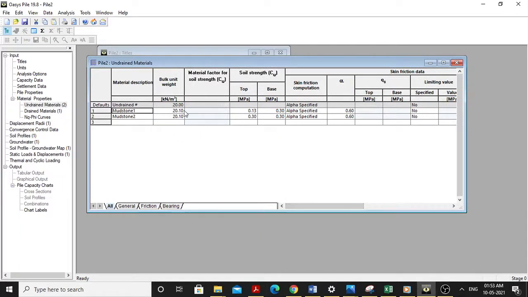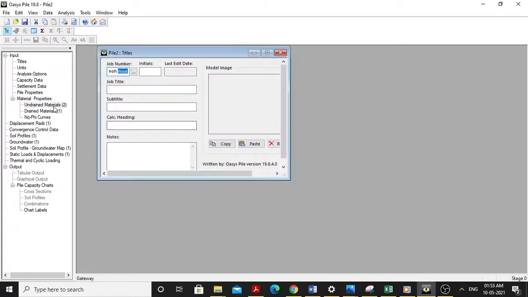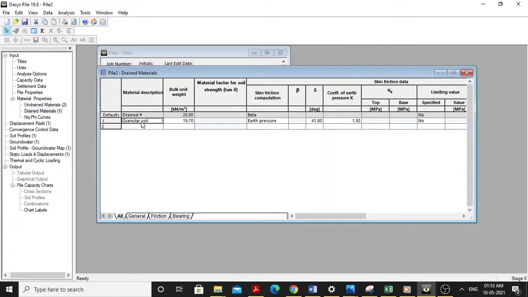So we have done it in a more appropriate way. And this bulk density, you can also check it from the geotech report, it is there. And for drained materials, you will see it is a granular soil, because after the 2 meter, the first 2 meter is the cohesive soil, but the pile lies below the cohesive soil. So the 2-layer strata is the granular soil and the Marston. In the granular soil, the bulk unit weight can be checked from the geotech report, and the skin friction is calculated using the earth pressure, and we have used the coefficient K here,